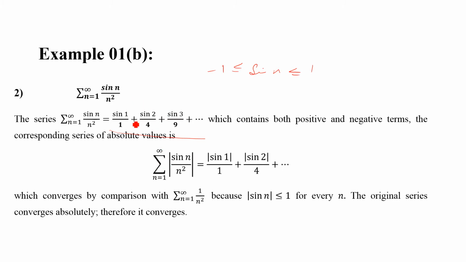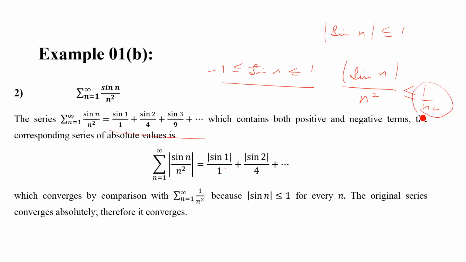So we'll check the convergence of the absolute series. The corresponding series of absolute values is given by this series, which is equal to this, right? And now we can conclude one thing: we know that sine n lies between minus 1 and 1. So the absolute value of sine n is less than or equal to 1. Okay, so the absolute value of sine n over n square is less than or equal to 1 over n square, and we know that